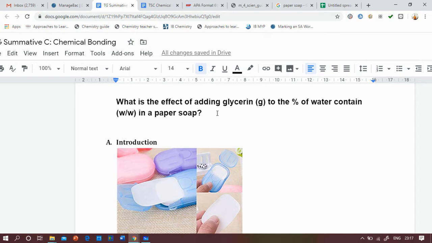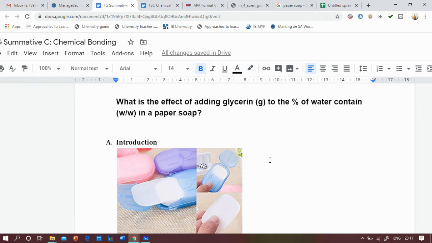I repeat again, the investigation is adding glycerin with the expectation of holding water better because of intermolecular forces. So the water will stay in the paper a little bit more, and when you use it, it will be faster and more ready to be used.